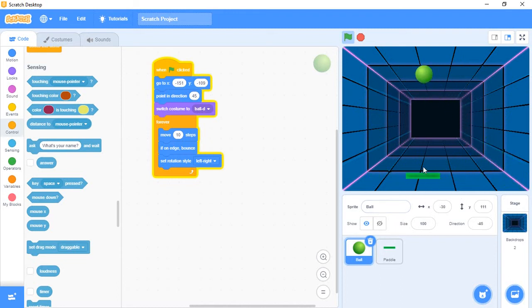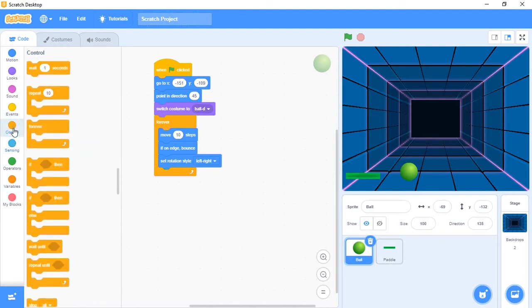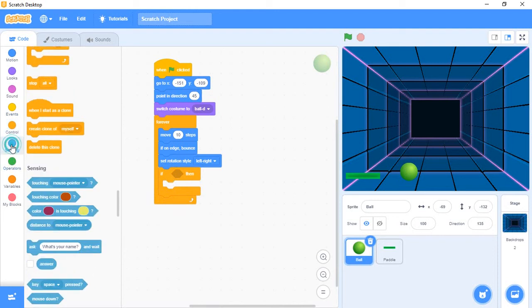It's moving properly. Now the condition: if the ball touches the paddle. If so, control, if ball touches the paddle.